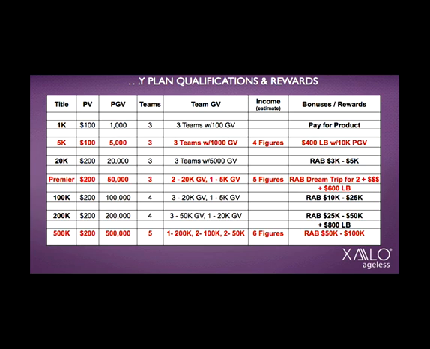This cruise is amazing. This cruise, you've got ocean suites, balconies overlooking the ocean. You've got amazing 5-star accommodations, a 5-star ship on Celebrity. This is a trip you don't want to miss. Now again, the tortoise and the hare. This trip is in December. To qualify, you need to hit this level of Premier by July. Plenty of time to do it. We've got 6 months still, or a little less than 6 months to do it.